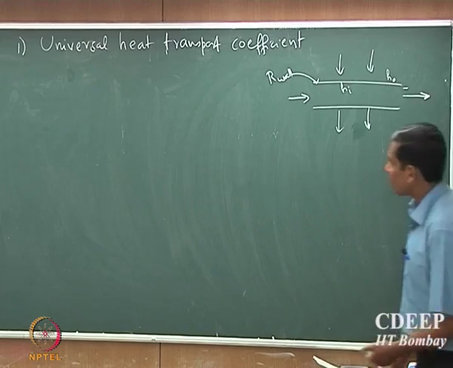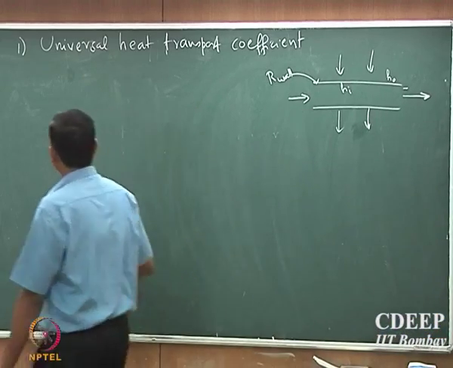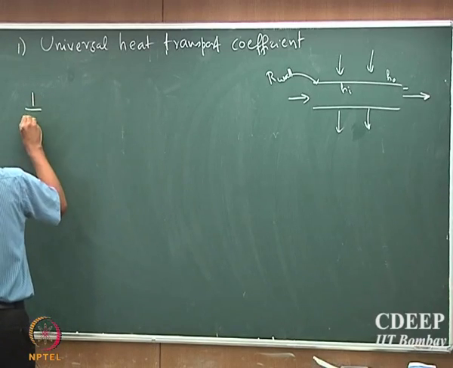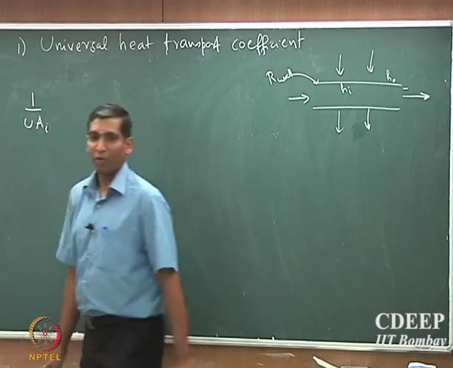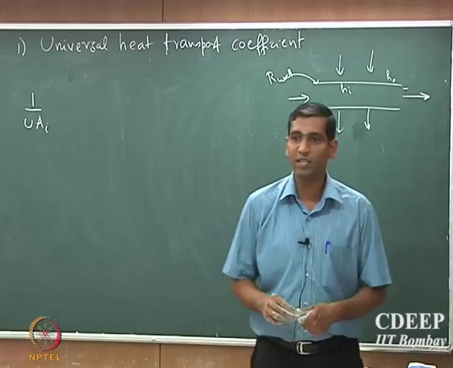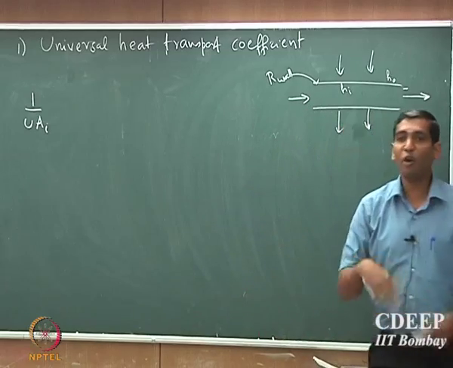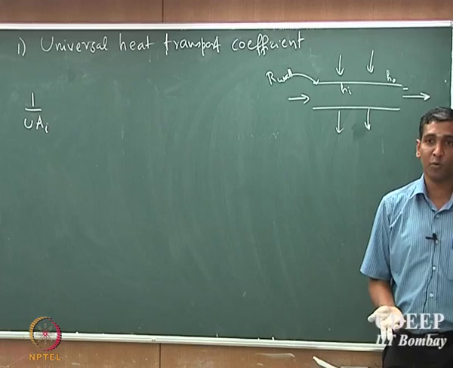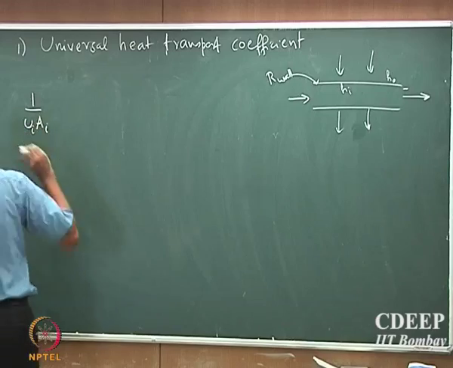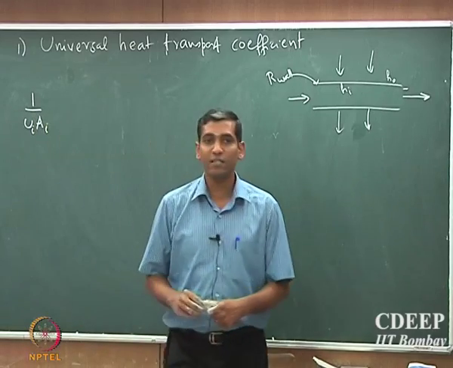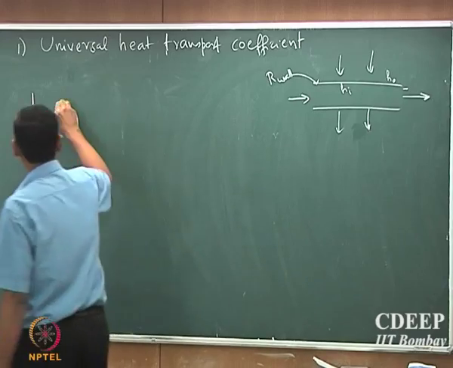So, I can always define the heat transport coefficient 1 by UA. Now you have to distinguish between the inside and the outside surface area of heat transport. So, 1 by U inside, defined based on the inside surface area, that should be equal to,